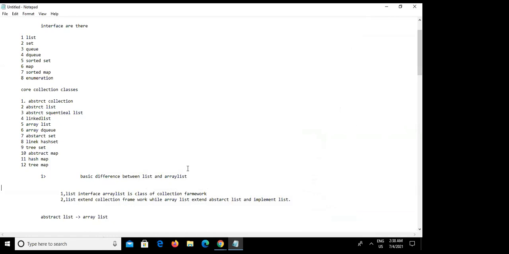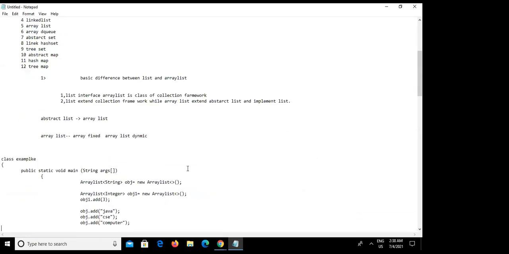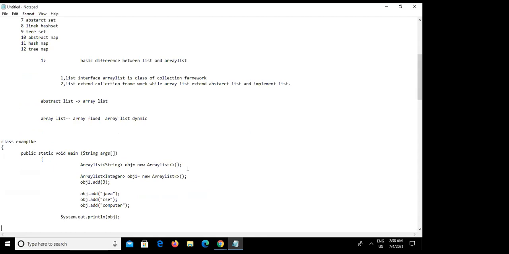See, if you go to Google, you can get a lot of things, and you can comment a lot of things here. Basically, I am not here for competition. I am here only for those who are very new. They can learn what is array list, what is array, what are the operations of array list, what is list. Is list an interface or a class? Even before that, many of you are not aware whether list is an interface or a class. Right now they are aware that list is an interface, while array list is a class. Abstract list is also a class. So a class can extend a class. Why not? Array list is a class and abstract list is a class.